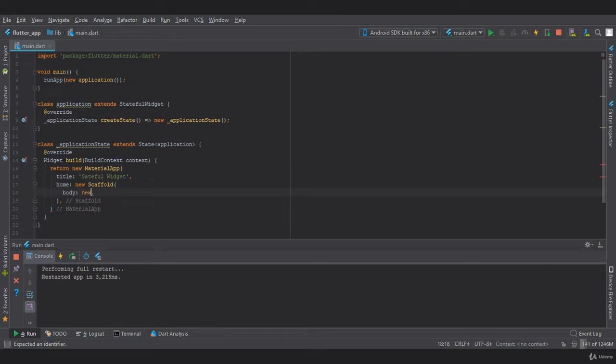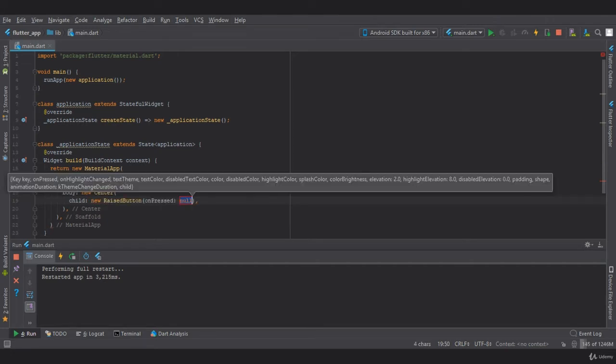In this we are going to create a Center widget that will align our button in the center. In this Center we will create a new RaisedButton. Now this RaisedButton takes an onPressed property.